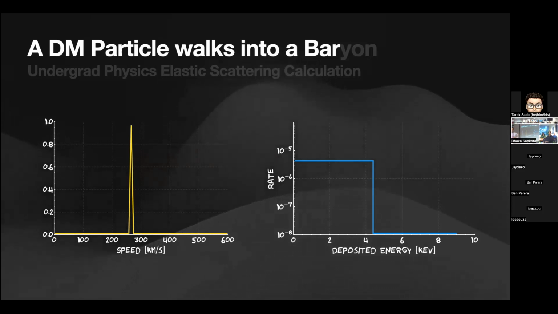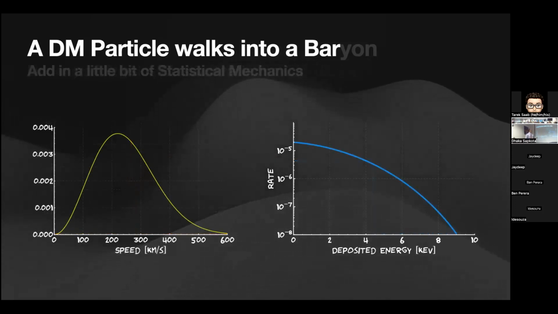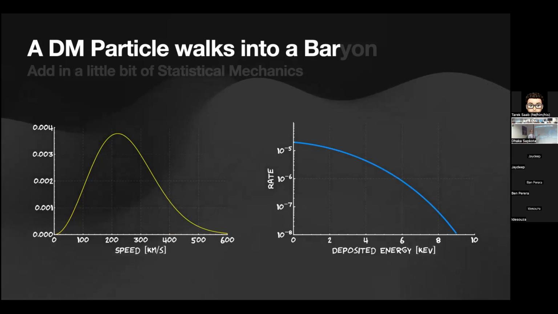Unfortunately, we have very good reason to suspect that dark matter particles don't all move around the galaxy with one speed. So you add the next level of complexity: you say, okay, let's say they have some actual velocity distribution. And the simplest distribution we can posit is a thermal distribution. So this is just a Maxwell-Boltzmann velocity distribution, which may or may not be totally appropriate. Again, there are people who said dark matter should not have had time to thermalize in the galaxy, so it could be something else. But at least this is some sort of distribution centered around a few hundred kilometers per second.